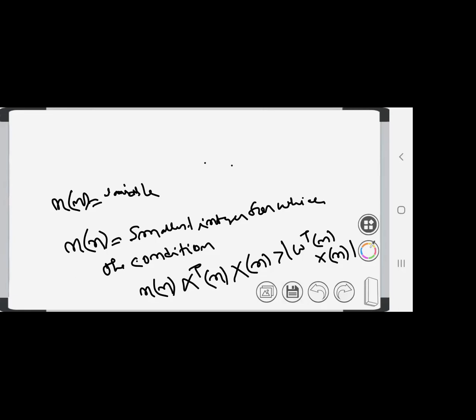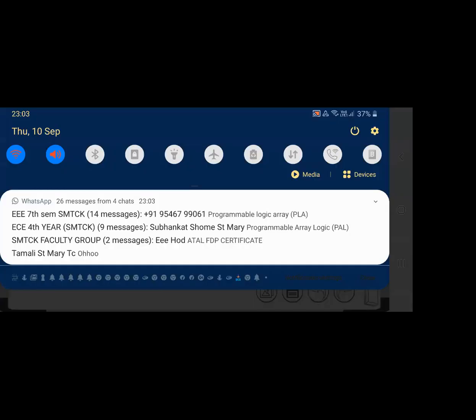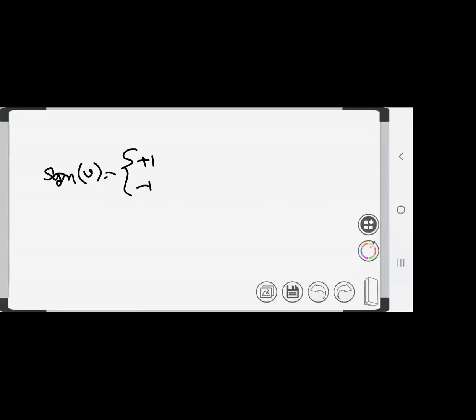Now, if we consider the summary of this perceptron convergence algorithm, we can say that if we consider a signum function of the form sgn of v equals plus 1 if v is greater than 0, and minus 1 if v is less than 0, we may thus express the quantized response yn of the perceptron in a compact form as